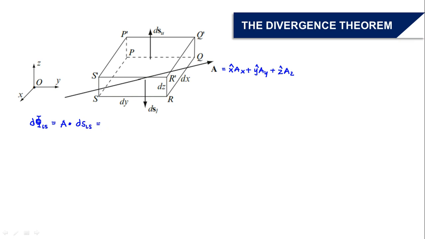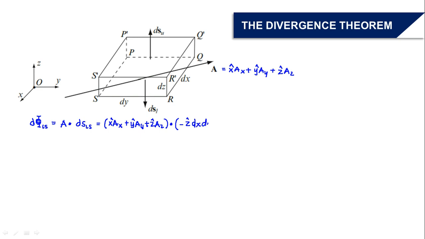Which yung differential ng ating lower surface, ito yan, no? Yung ating A is x hat A sub x plus y hat A sub y plus z hat A sub z dot, okay? So yung ating yung differential surface na nandiyan is, kung mapapansin natin, negative z hat